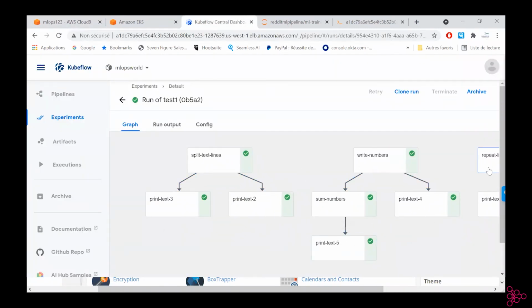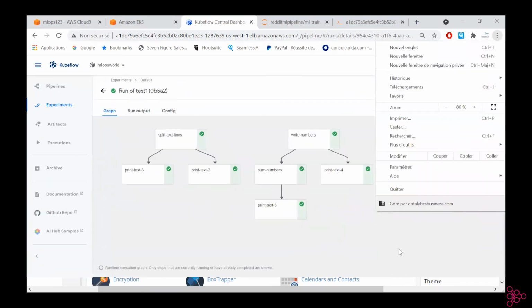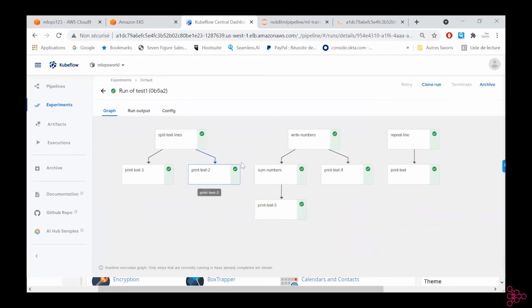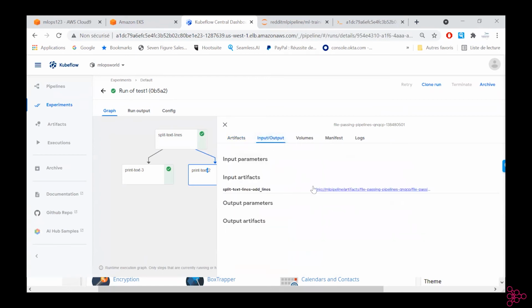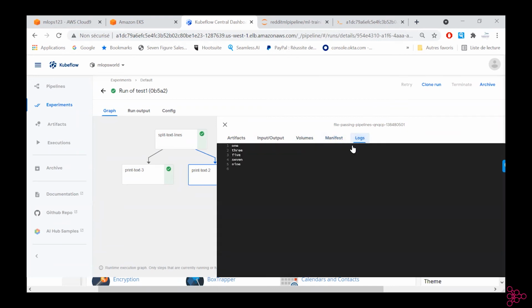So here, all our components have been run with success. Here, it gives you access to more things like the artifacts, potentially the input output, which help you track the volumes associated or mounted, the manifest, and then the logs.